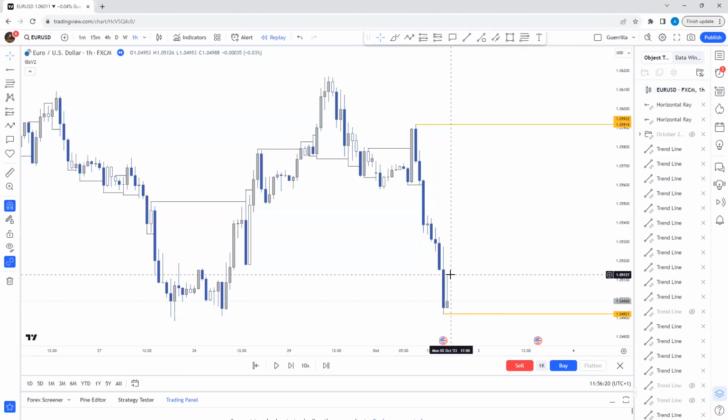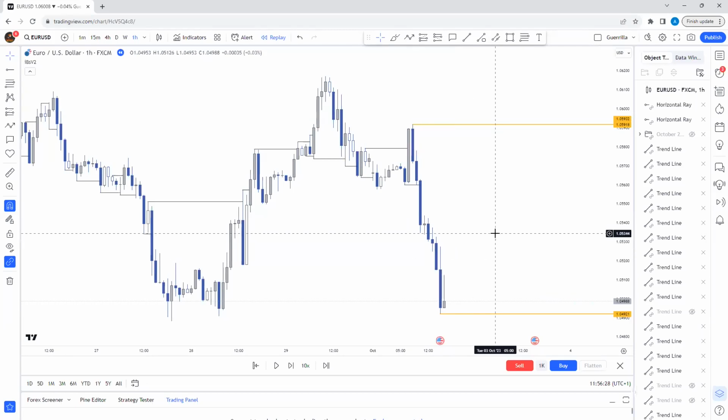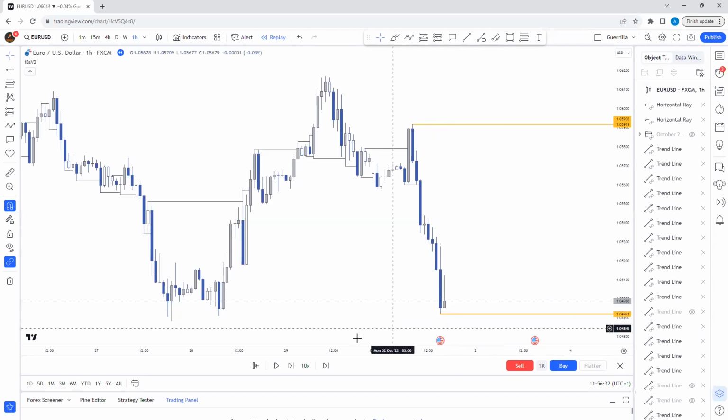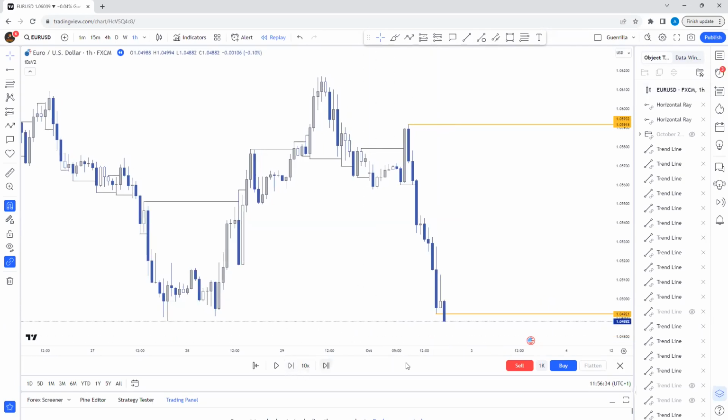Suggests buyers have come in, they've tried to push the market to the upside, but they've failed. Sells are now in control again, and we've been left with that really large wick. So again, showing us that we have clear bearish momentum. And if we play price forward one more, we're going to be able to see that price then broke our